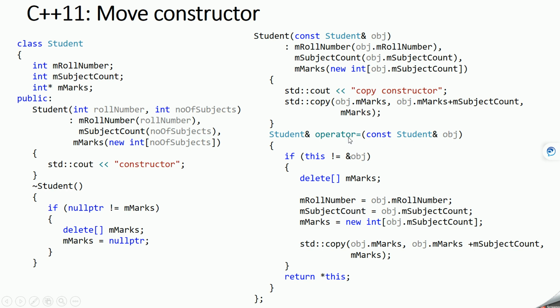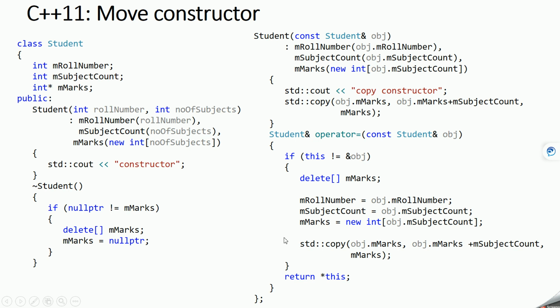Similarly, we have an assignment operator which will also take an object and copy the contents of this object to the newly created object. Now let's see how move constructor is useful.